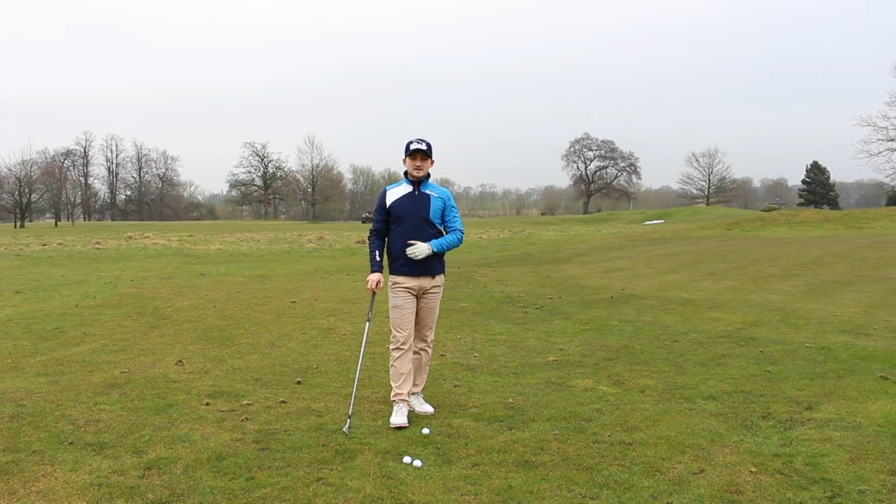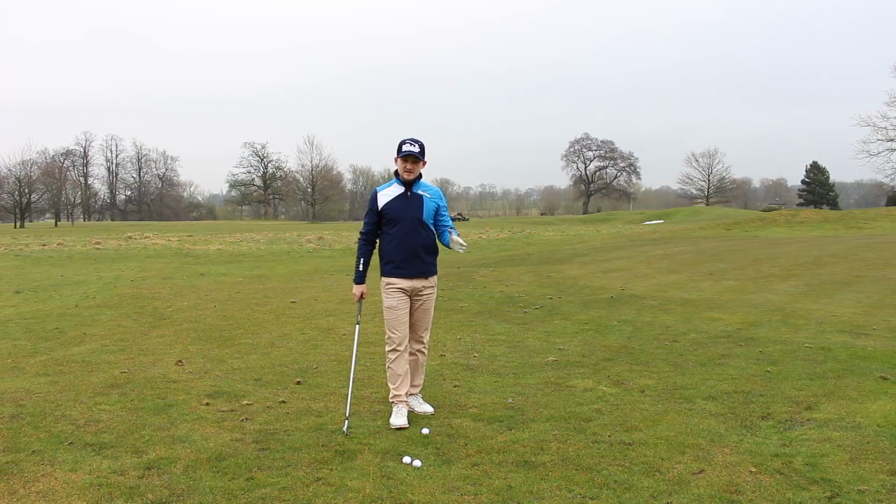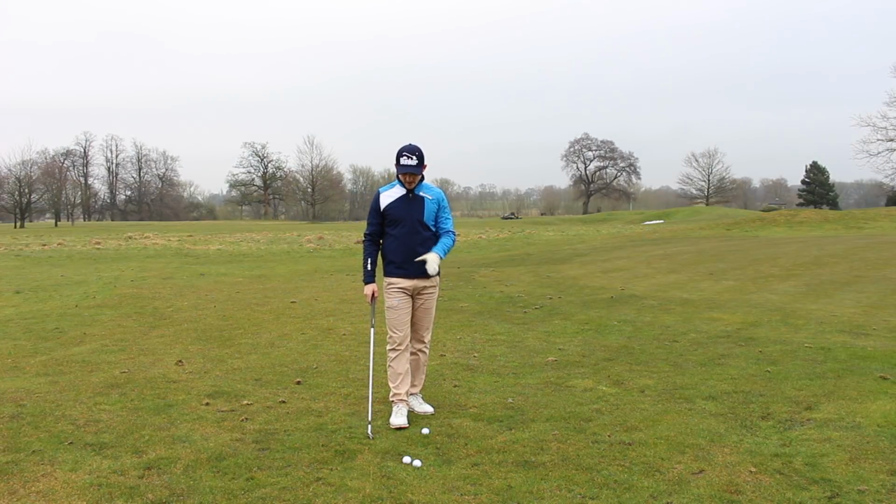Everybody, and welcome back to the Get Back Into Golf series, ready for the 2018 golf season. Today's refresher is all about chipping setup and how we can promote a good chipping action